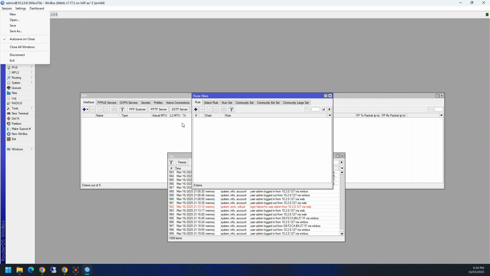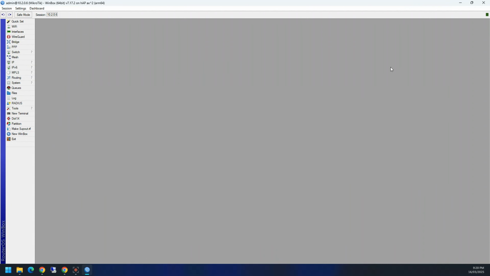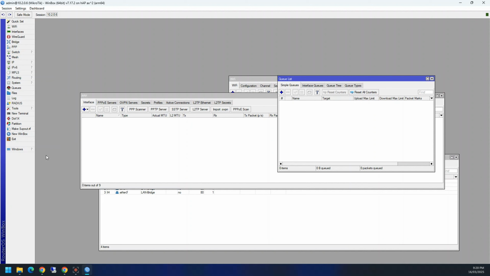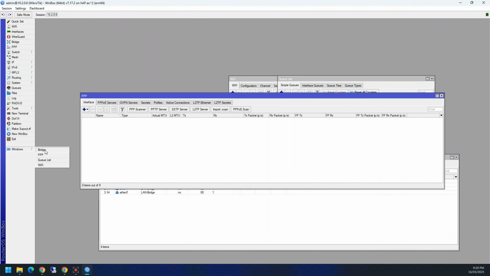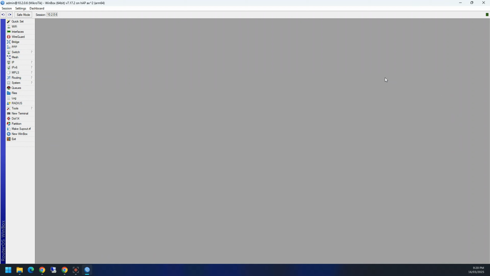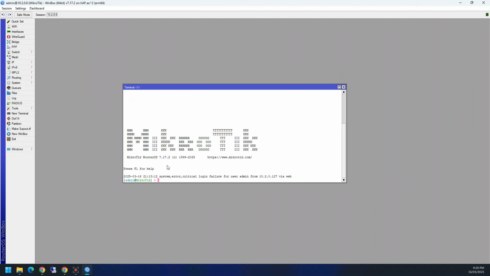This is handy as well if you populate your window with loads of other windows and it gets really busy, you can just click close all windows and it just clears that for you. Likewise, if you do have loads of windows open, you have this Windows option here, and you can switch between them like that. Okay. We have a terminal in here, which is really handy,